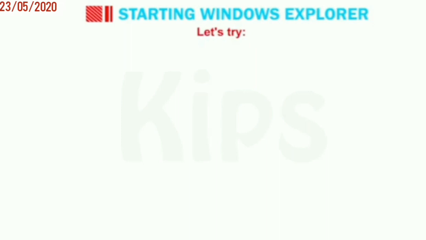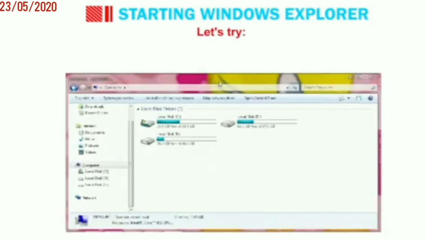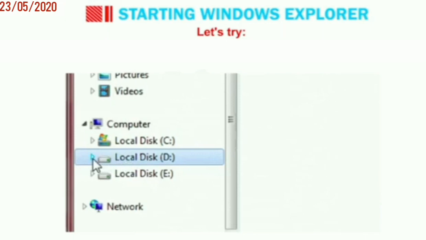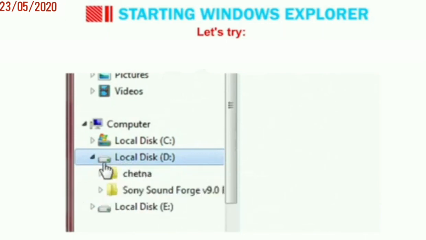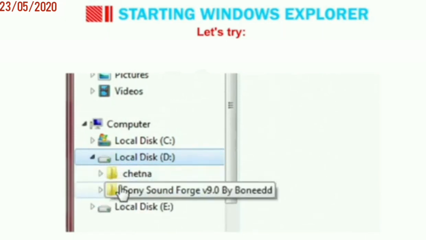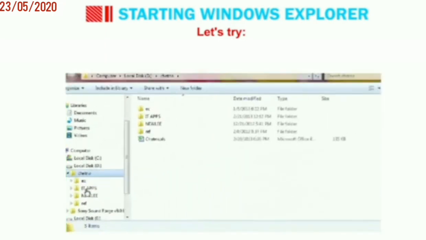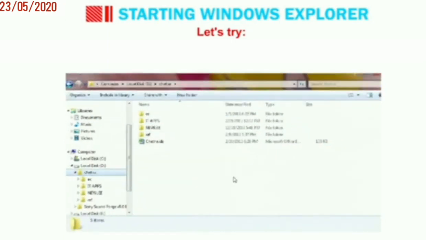Now let us see how to do that. Okay, click on the D drive. The subfolders of D drive will be expanded in the left pane, as you can see on the screen. Then observe that all the subfolders are arranged alphabetically. Now to access the contents of any folder or file, just double click on it. Alright dear children, the contents of the subfolder that you have selected are displayed in the right pane.